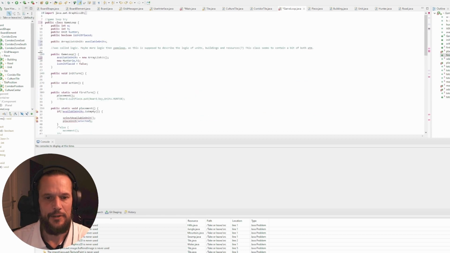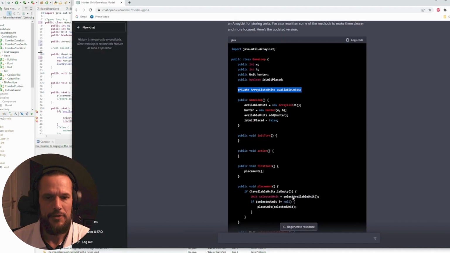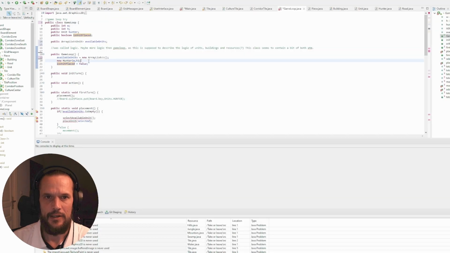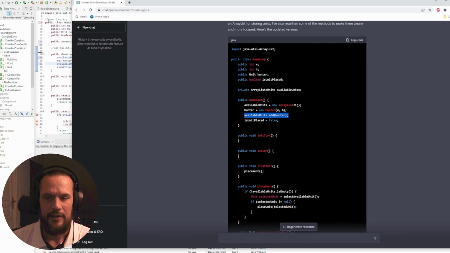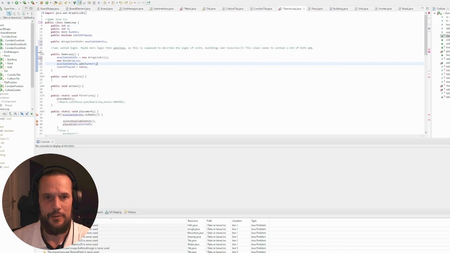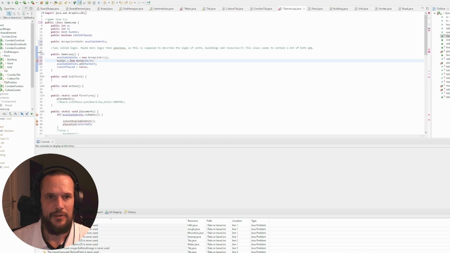When looking at this at the moment, I seem to make it only more messy than it already was. But anyway. Okay, now the red line under the available units field is gone. So maybe it was because I had the same field name used for the hash map. So now